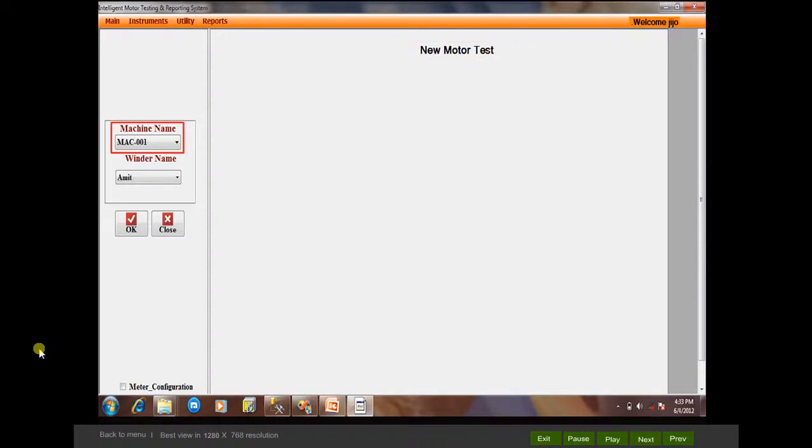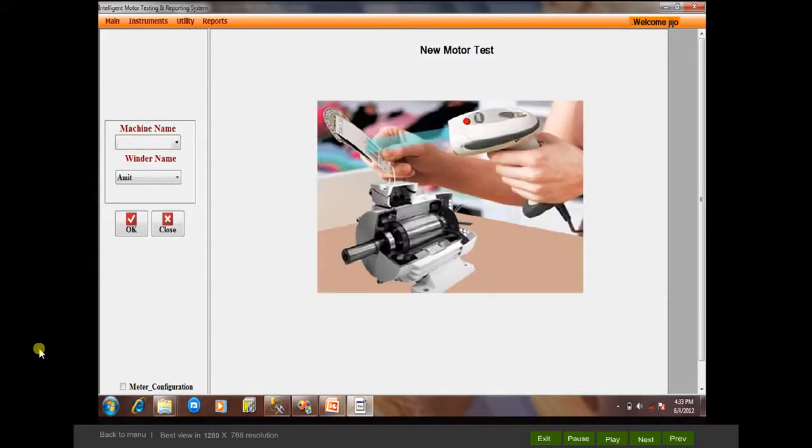Select the motor model, also called machine name or motor series, through the drop-down list. Motor model can also be entered by scanning the barcoded label. The barcode scanner is interfaced and is part of the motor test system.